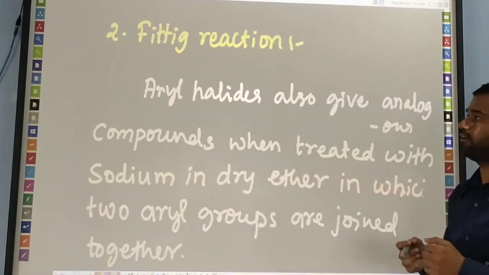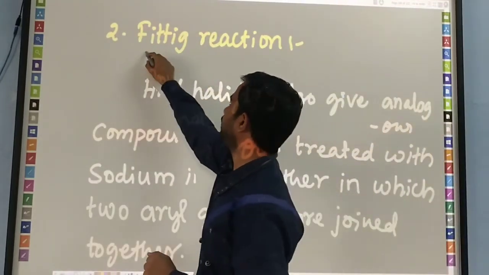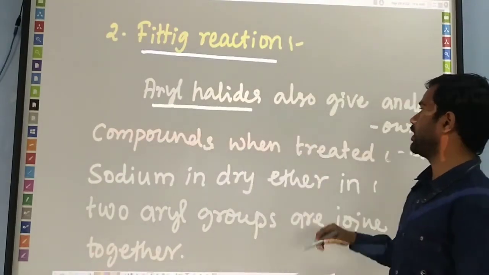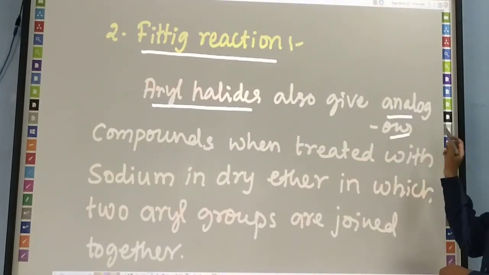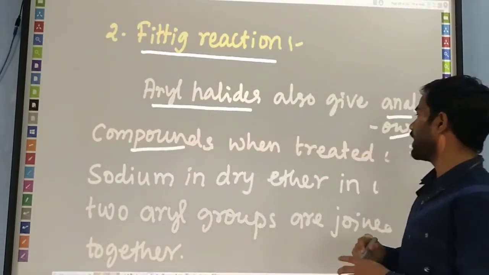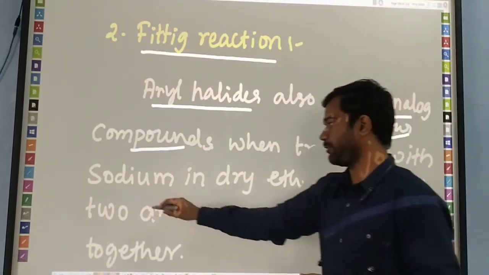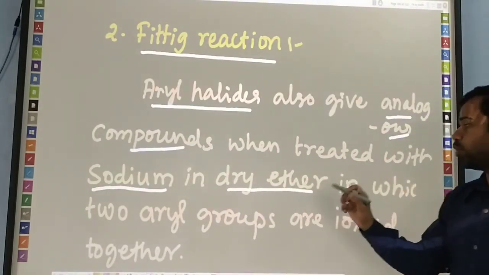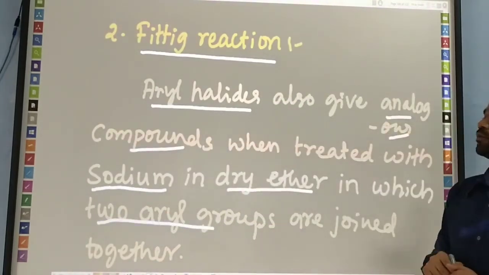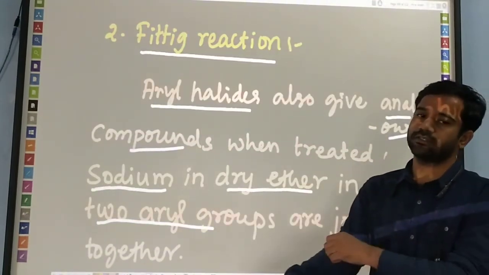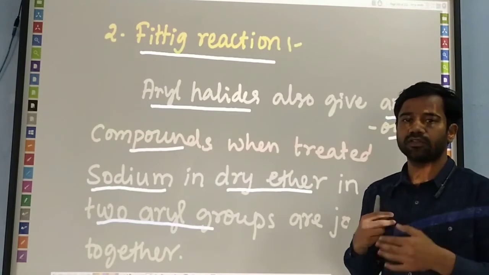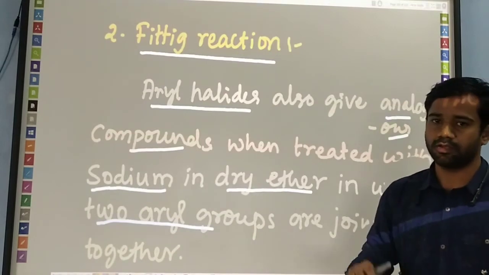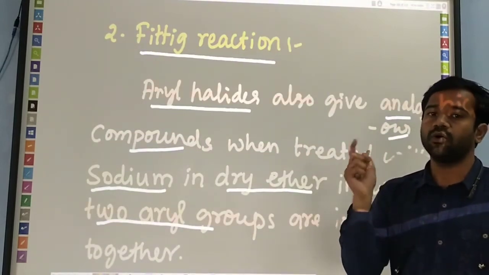Let us see the second very important reaction, which is known as the Fittig reaction. What does the Fittig reaction tell us? When aryl halides give the analogous compounds when treated with sodium, under the same conditions as the Wurtz-Fittig reaction, in the presence of dry ether, in which 2 aryl groups are joined, it is known as the Fittig reaction. It is similar to the Wurtz-Fittig reaction, but there is only one difference. In the Fittig reaction, we have to take 2 moles of haloarene,